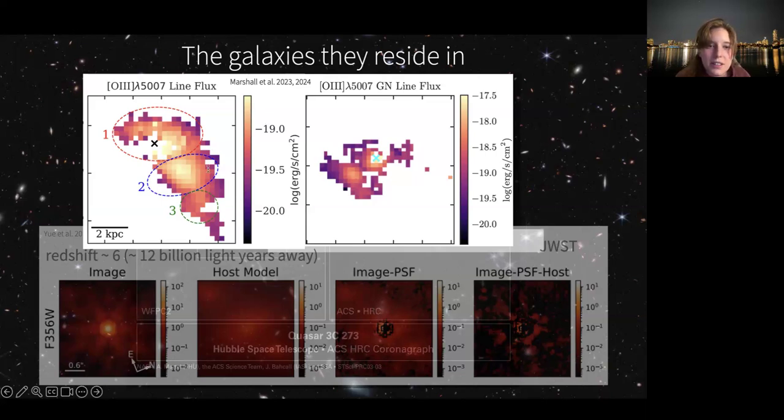Oh, I can see another question in the chat. LIGO is being used to observe a quasar. Oh, so let me make a distinction between gravitational lensing and LIGO. So gravitational lensing is this structure where you have a massive object bending space-time such that you can see what's behind it. LIGO is a gravitational wave observatory.